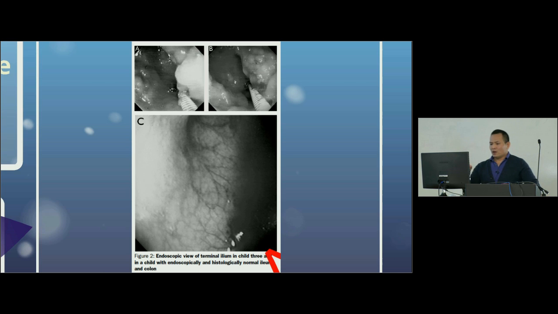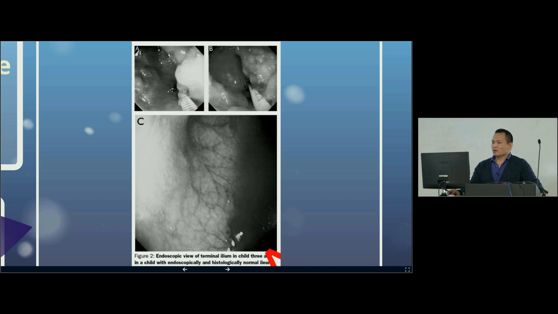Then they look at the endoscopic view of the ileum in child 3, one of the children. And you can see here, this is a normal inside of the intestine of a colon. Okay? Now you look at A and B, you can start seeing little nodules here. And that's exactly what I said about the hyperplastic nodular lymphoid. Right here, you can see little nodules. And when you look at the histology of that,